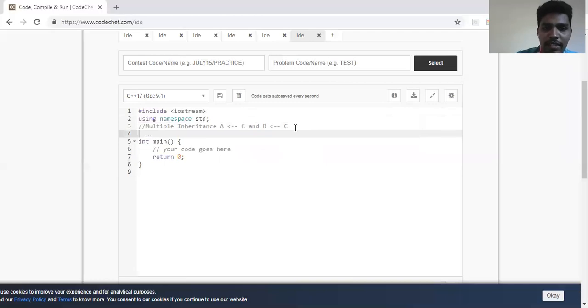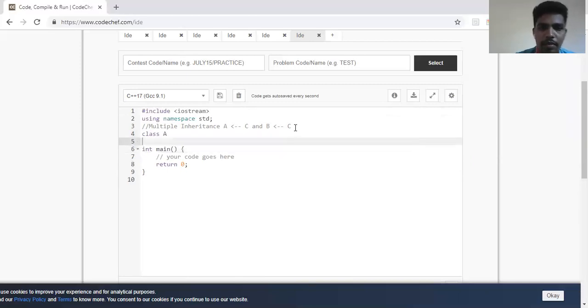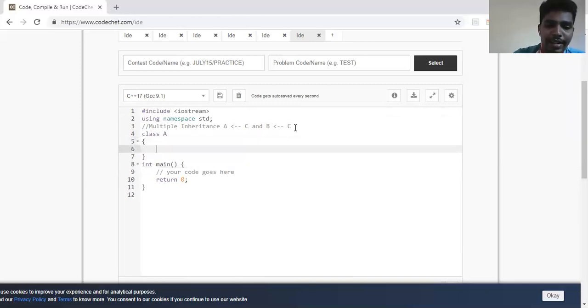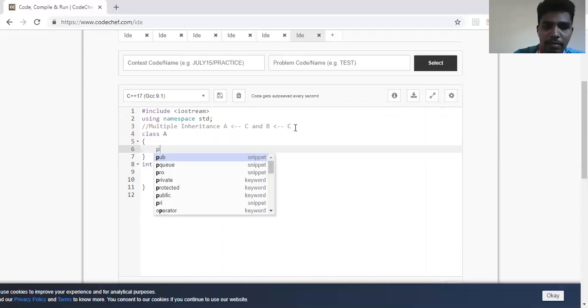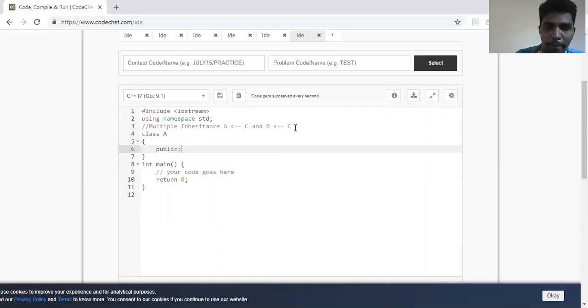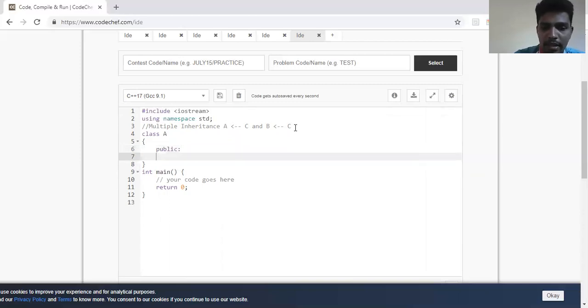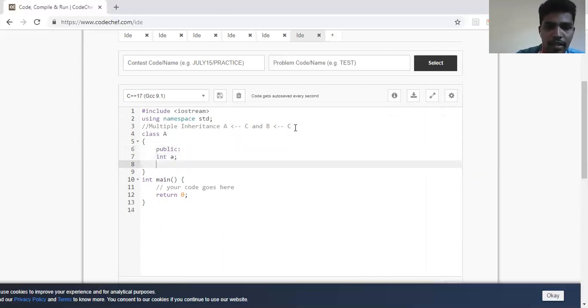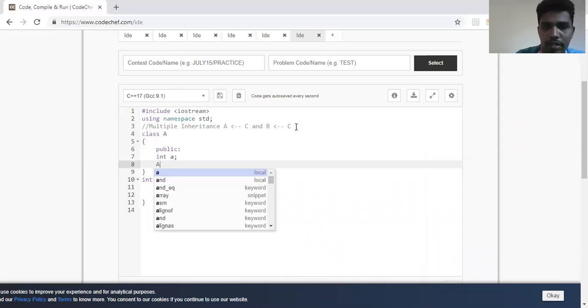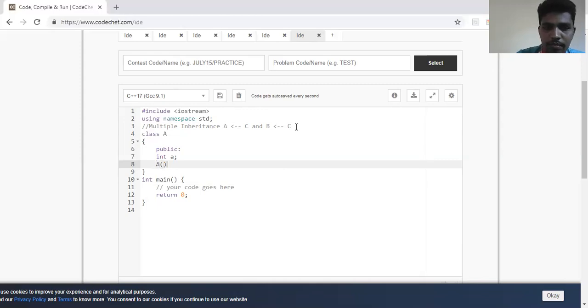So we'll write class A. Let me write a public member here in A. Then I'll add a constructor also so that we'll come to know the invocation also.